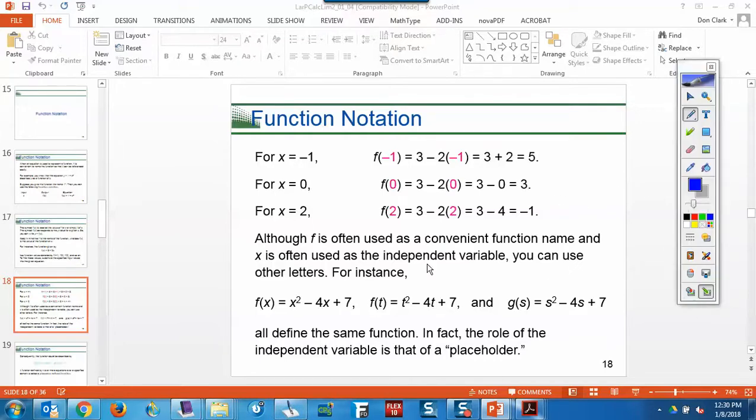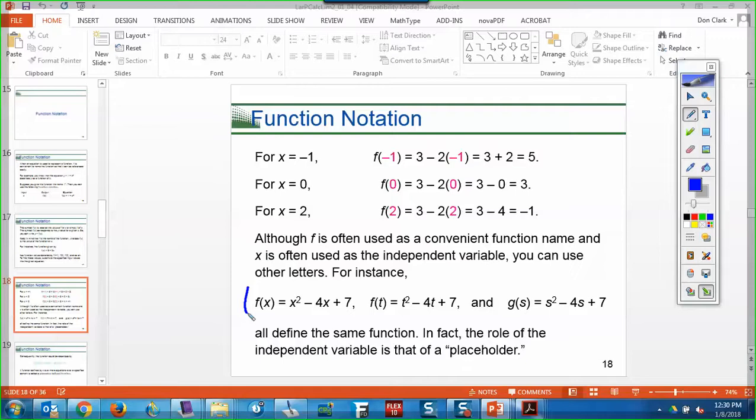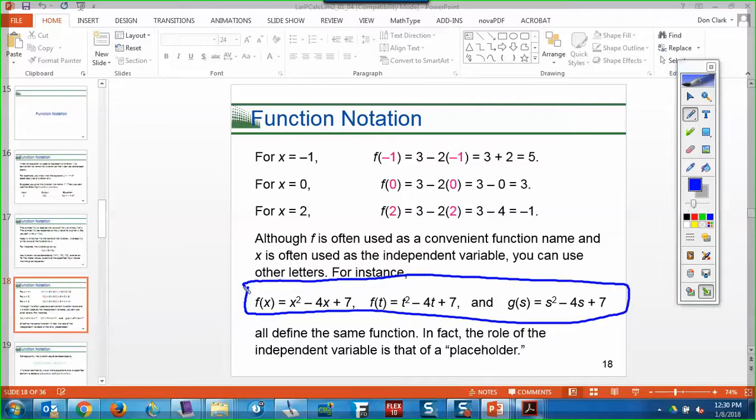Thank you. You don't have to use x as your input variable or domain variable, and you don't have to use f necessarily as the name of the function. So f of x equals x squared minus 4x plus 7 is the same as f of t equals this, is the same as g of s equals this, is the same as g of